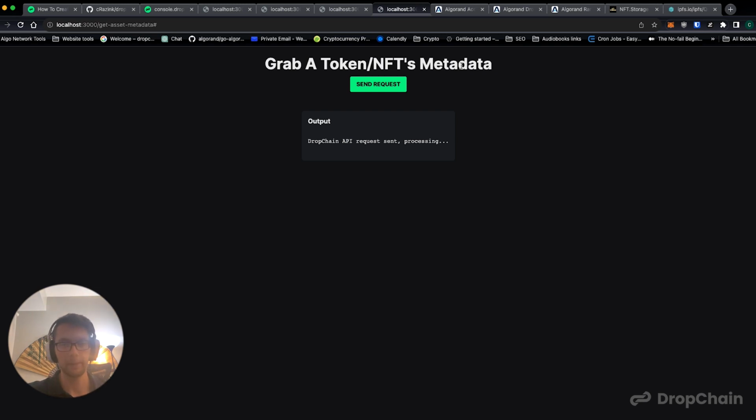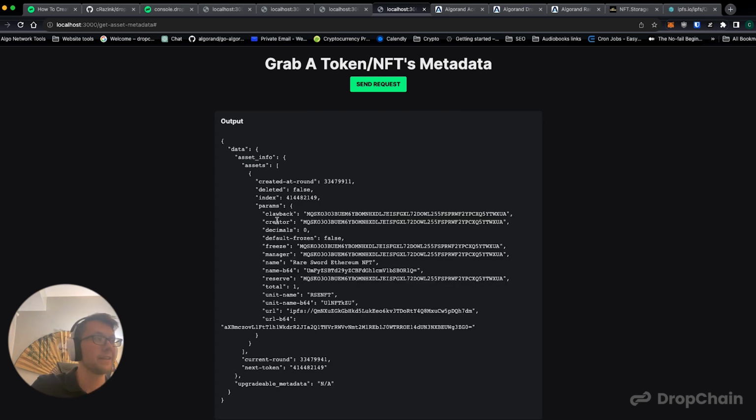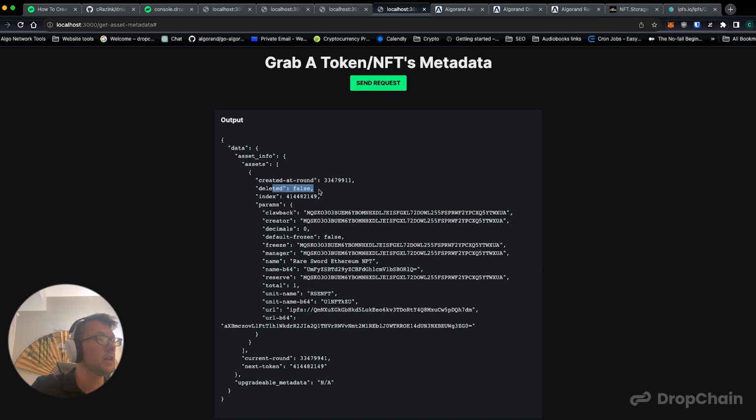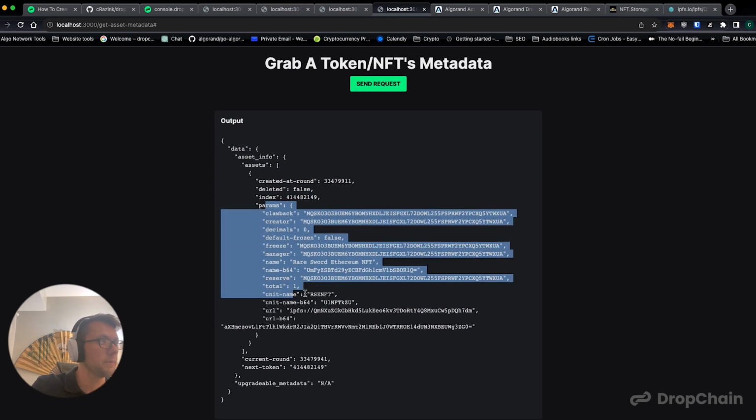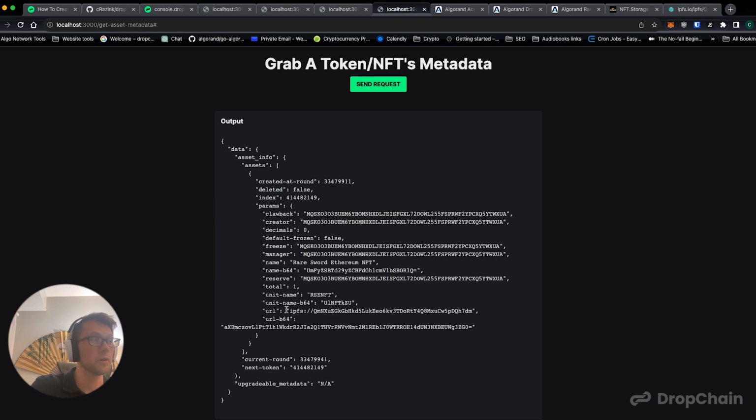We're going to send the request, and we're going to get a bunch of information about this asset. A lot of it's not going to be relevant. Like what's the round it was created at? I don't really care about that. Is it deleted? I hope not, because I haven't deleted it. The index is the asset ID, and you're going to get some information about who owns what, but you're also going to get information about the URL. And so when that's returned, you're going to grab the URL, you're going to copy this IPFS URL right here,